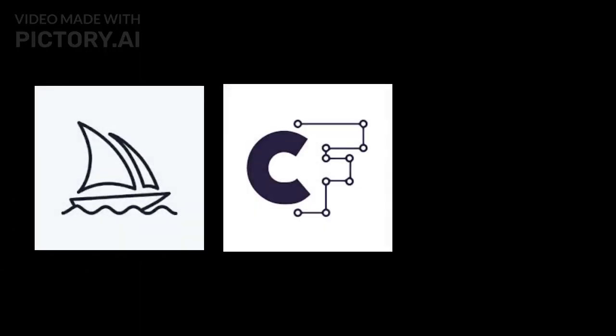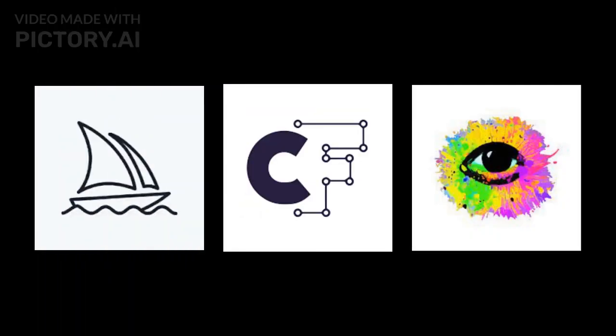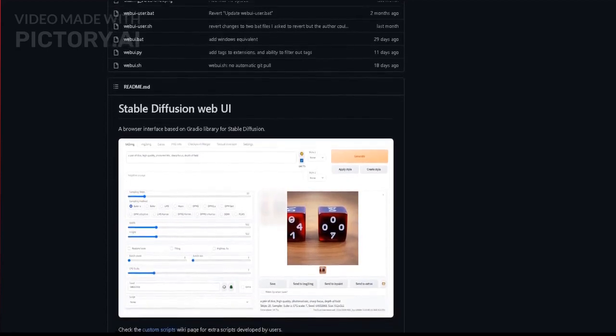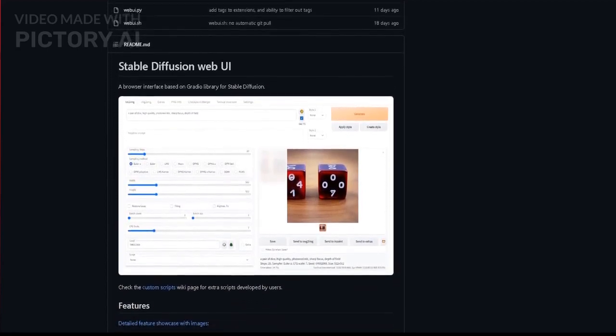In today's video, we explored some of the tools for generating AI art for your print-on-demand business. There are other tools that you can use locally, such as image-to-image or web UI for Stable Diffusion,